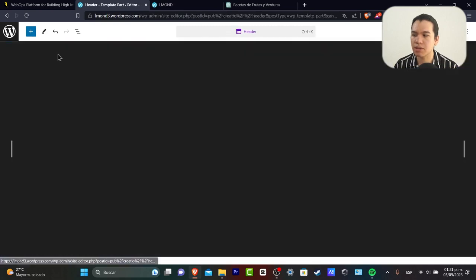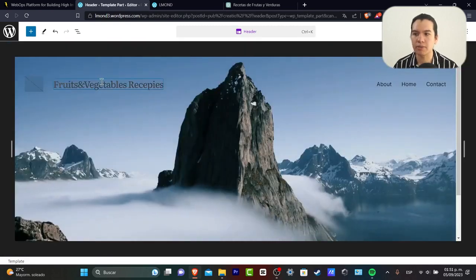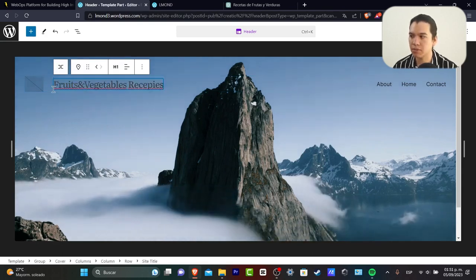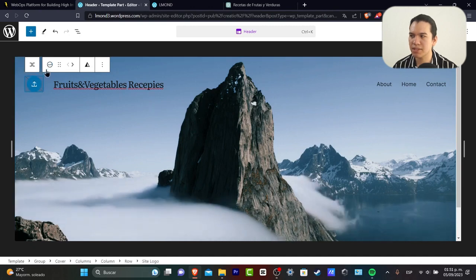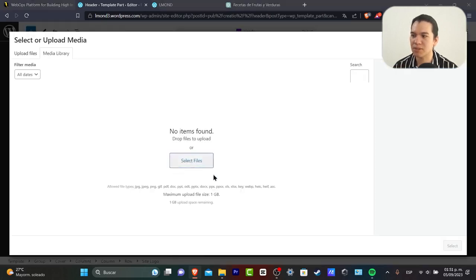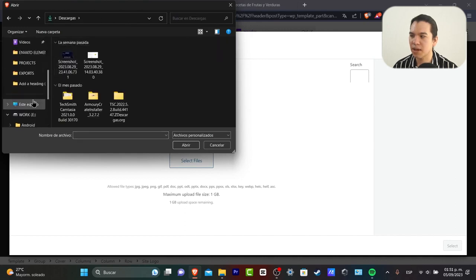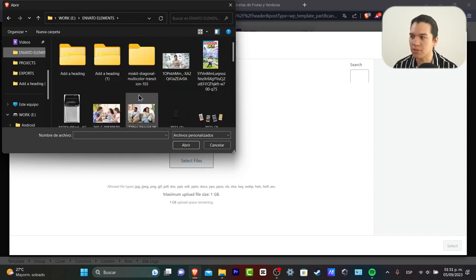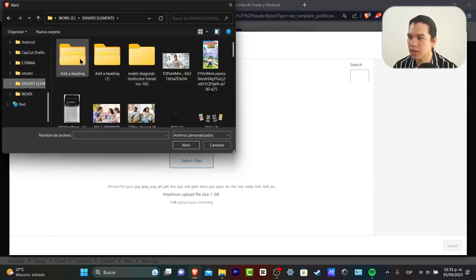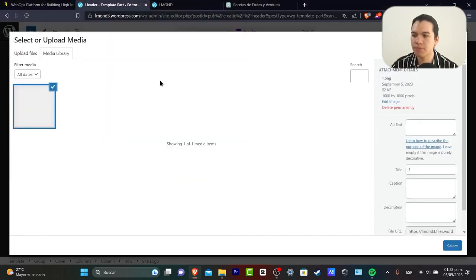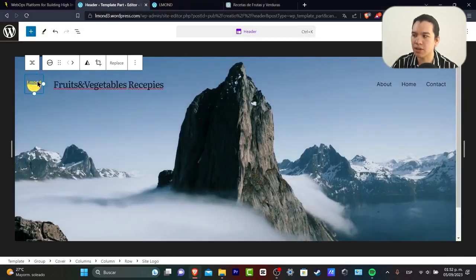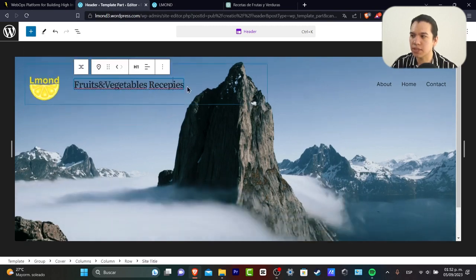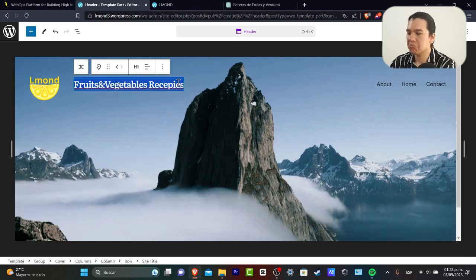So if I wanted to edit the header, for example, I already hit the header section. So I have the fruit and vegetable recipes, right? So I kind of like this one, but I don't like this side logo because I wanted to create my own. So I'm going to go into select my files, and I'm going to go here into my own elements, and what I wanted to do is to choose something easy like this and hit open, and now I have the select section and automatically it's going to be showing it like this. There you go. So if I wanted to delete this one because you think this is actually not working, just go into